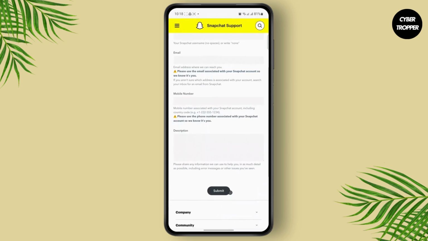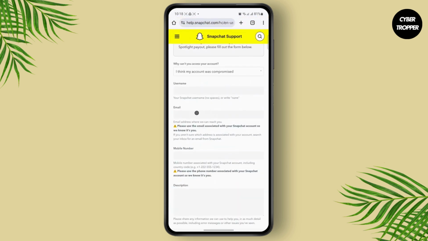Now just tap on submit report and they'll contact you on the email that you have provided here, and you just follow the instruction and your account will